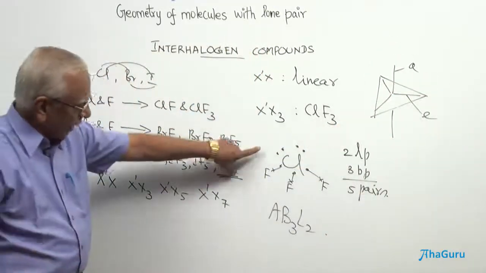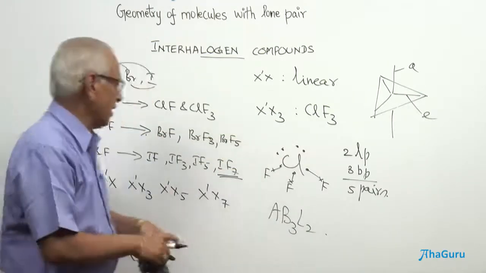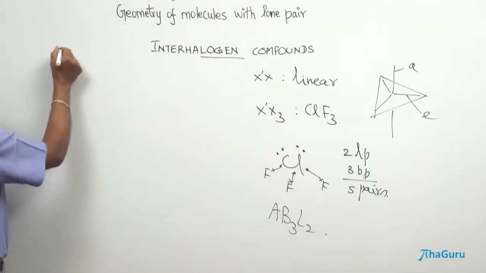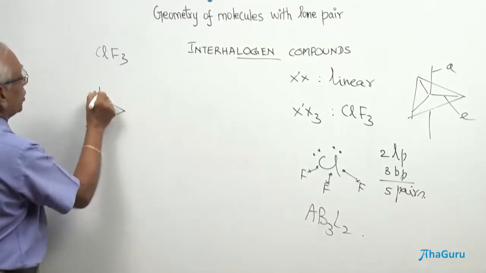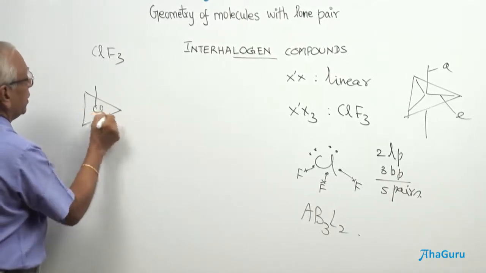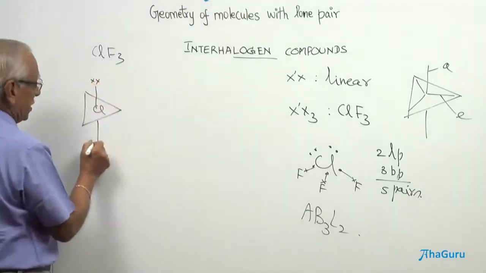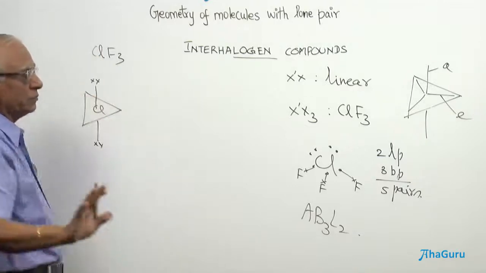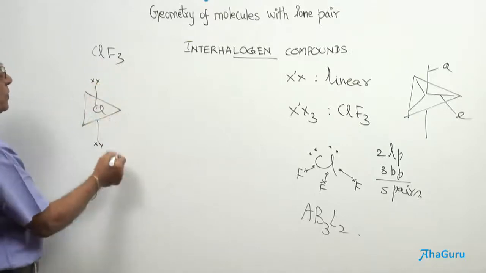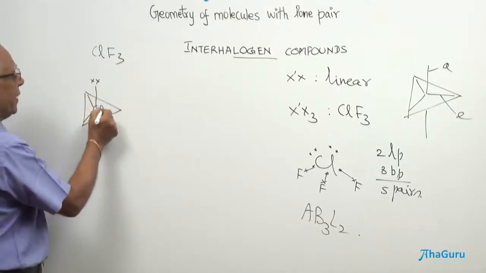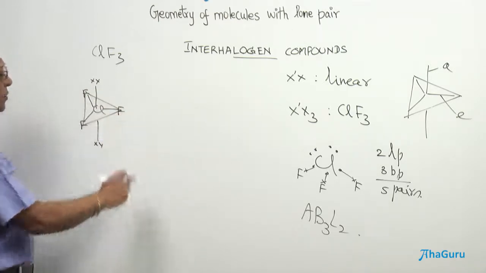Now, I have got different options of putting the lone pairs here. Now, what are those different options? Let us see. In one case, ClF3, this is a trigonal bipyramid. Let me put those two lone pairs in the axial positions, as far away as possible. Therefore, there is minimum repulsion between the lone pair and the lone pair, and I have no other option but to put fluorine in the equatorial position.